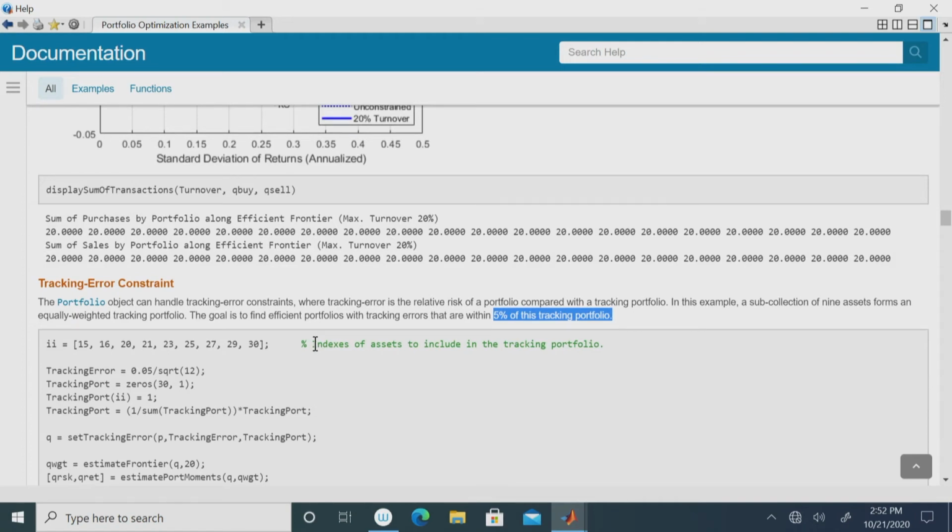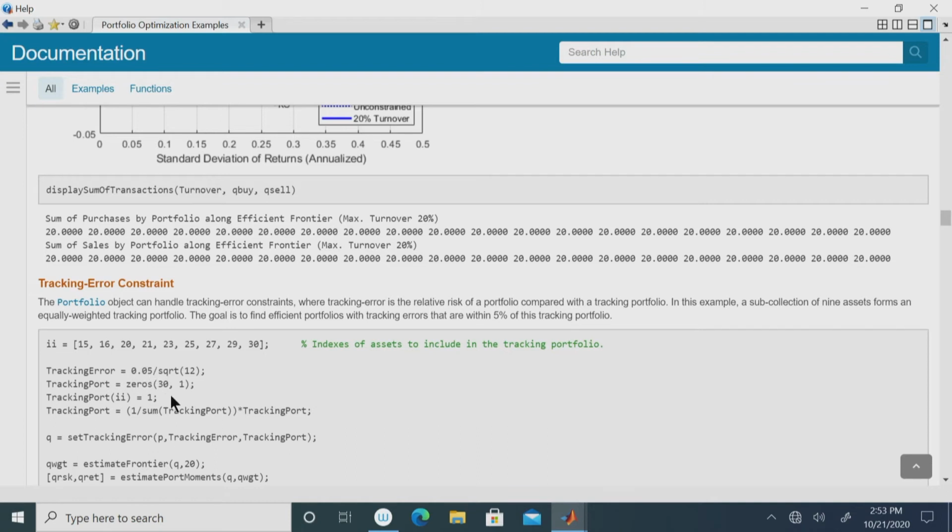In this case, the tracking portfolio is collected as a sub-collection of 9 assets from an equally weighted portfolio. Accordingly we will identify the index of the assets that you want to include in the tracking portfolio. So, out of say 30 assets, you have identified that you will include those particular assets which are indexed 15, 16, 20, 21 all the way to 30. These are the ones that you are going to include in the tracking portfolio. That means that while the main portfolio has a larger number of assets for inclusion, the tracking portfolio will have a subset of those assets, and the tracking error is then set to 0.05 or 5%